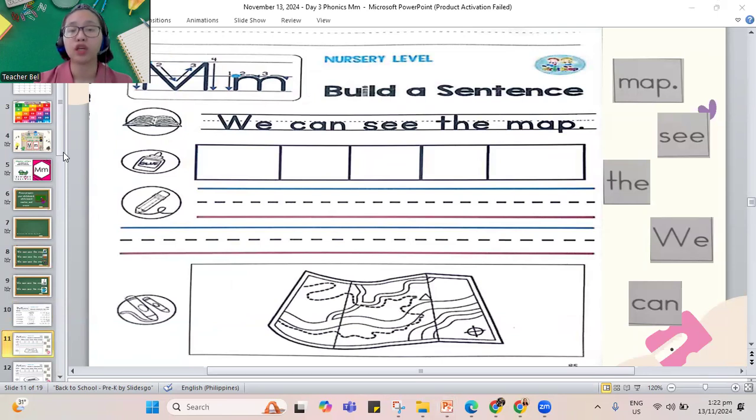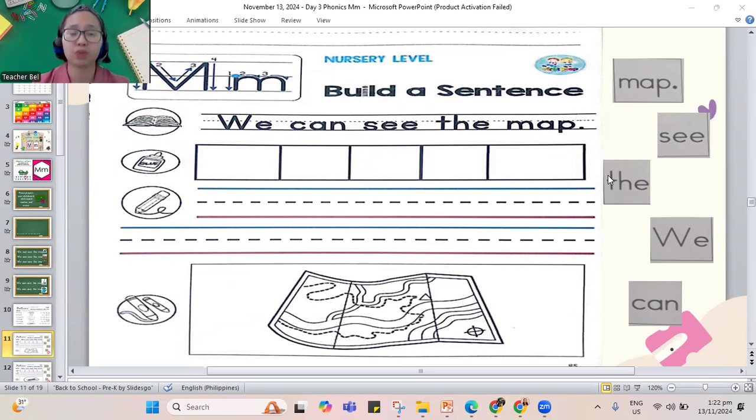How about you write your name first and you also cut the cutouts for your sentence that we need to paste on our work. I will count to 10, and once I'm done counting, I will begin answering. But if you're not yet done, you pause the video.